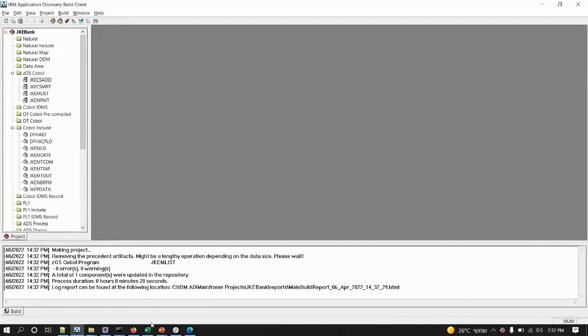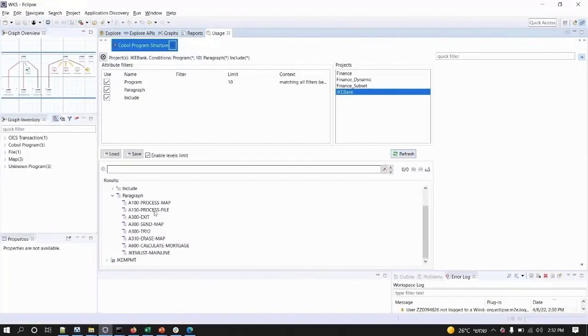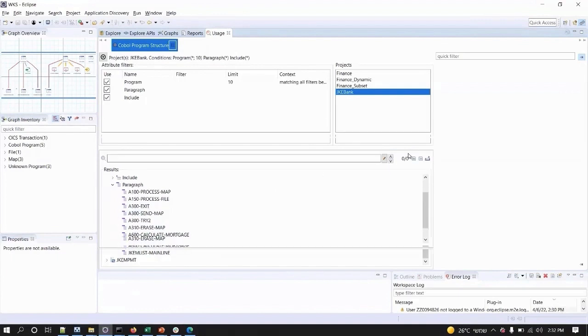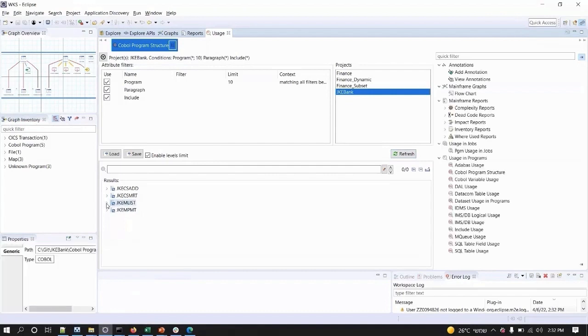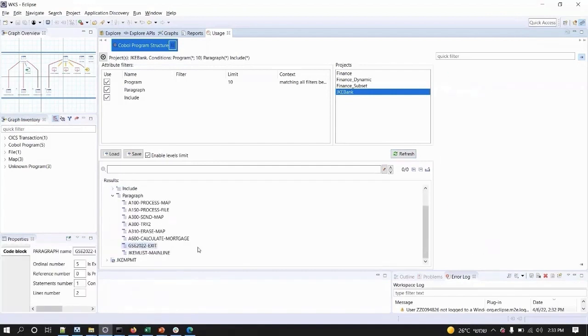Switching now to the AD Analyze client, I would expect to see the implemented changes from a few seconds ago, meaning I should see that a paragraph has been renamed. I can click on the refresh button, and after expanding the paragraphs of the JKEM list program, I can see the paragraph A300 exit is not part of the list anymore, but it is replaced by an entry called GSE